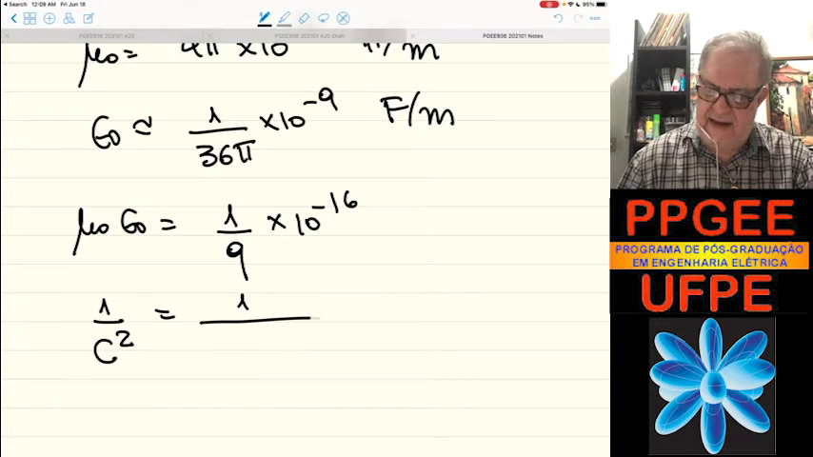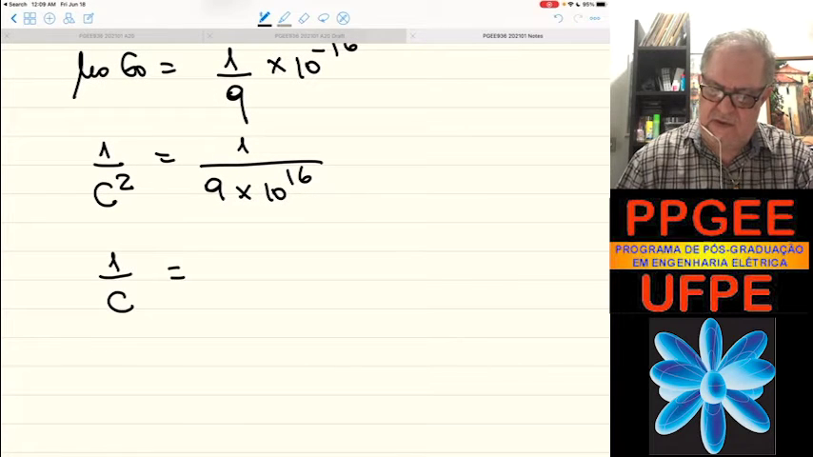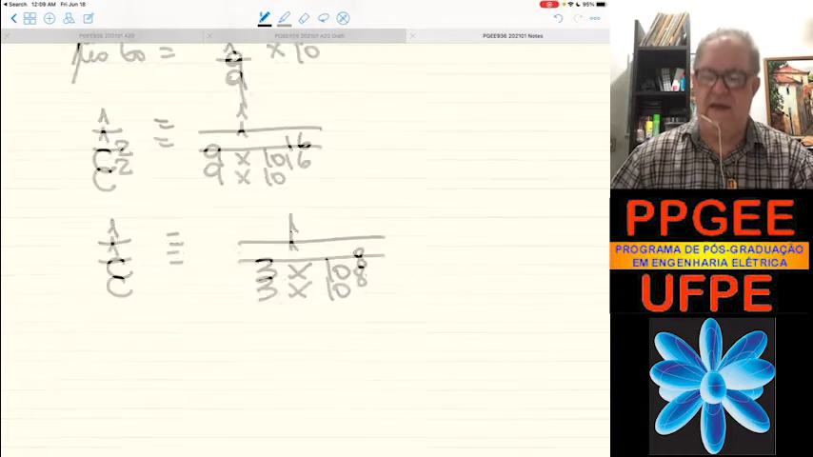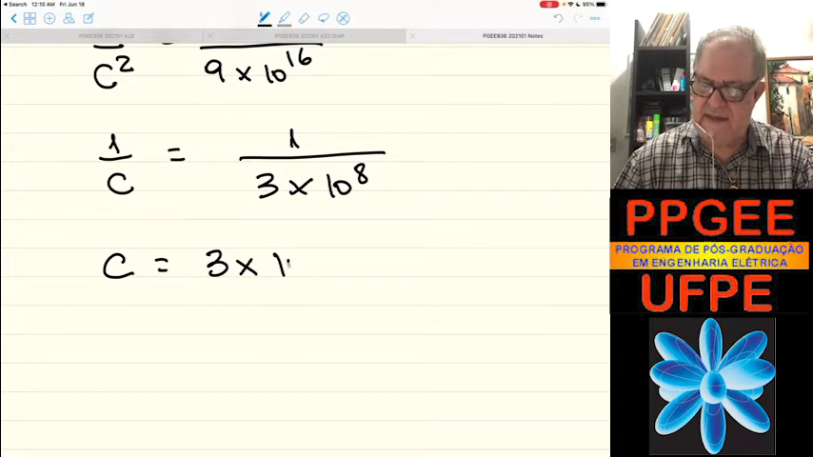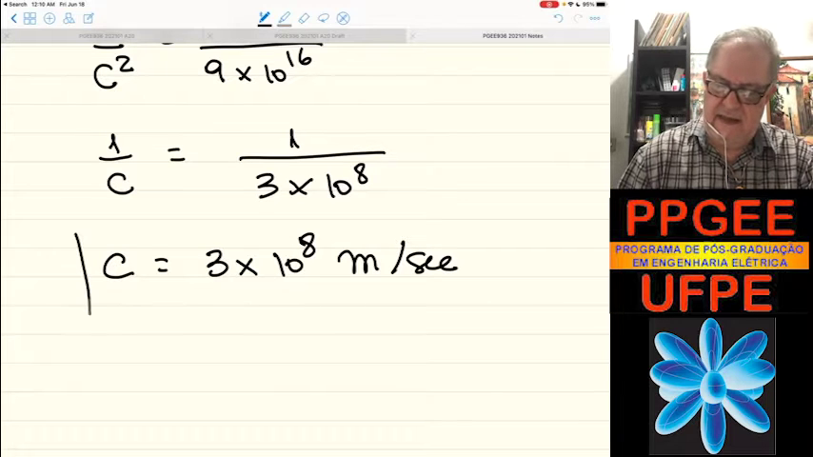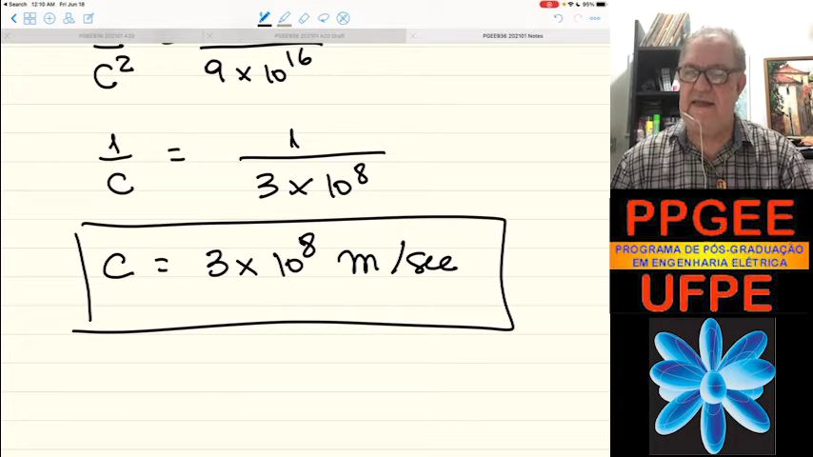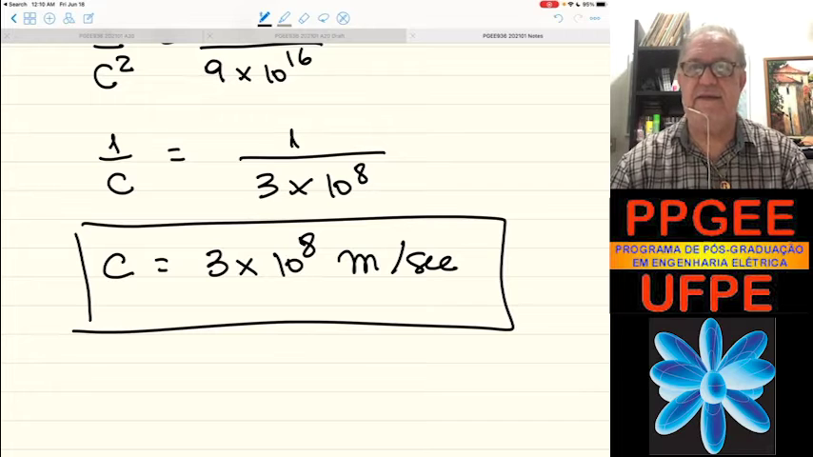So it's 1 divided by 9 times 10 to the 16. So 1 over c equals 1 over 3 times 10 to the 8 in SI units. So the velocity of light equals the well-known number, 3 times 10 to the 8 meters per second, right? That's the magic number we have, and that's the remarkable result obtained by